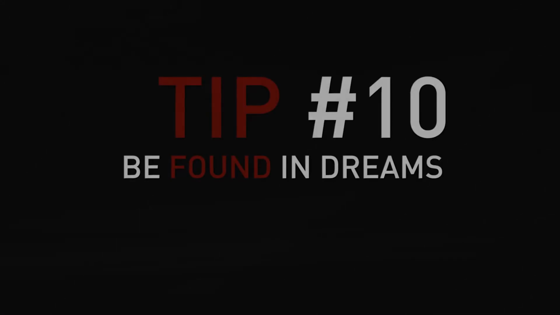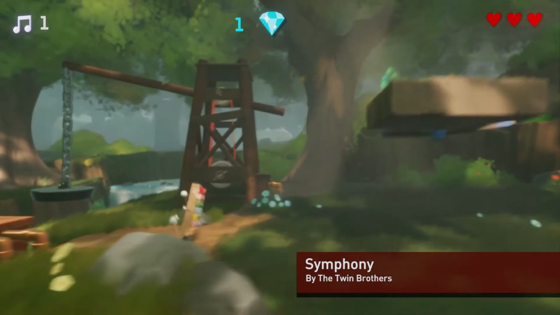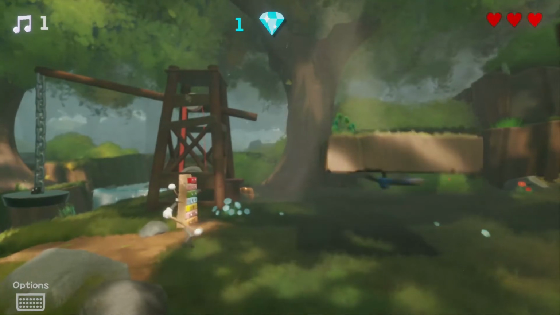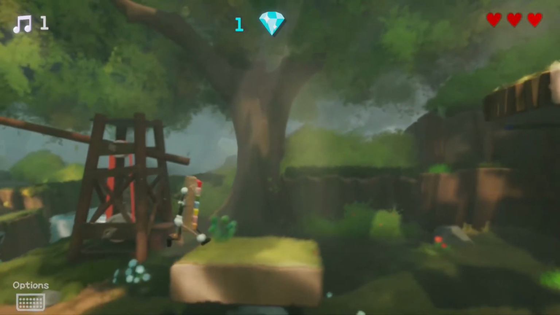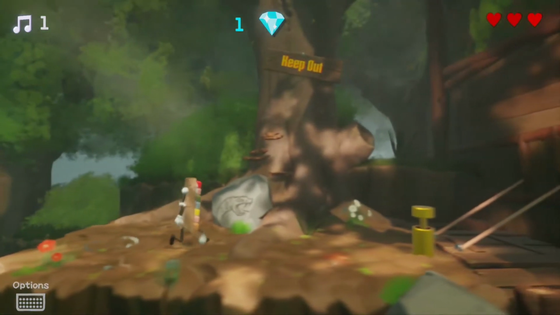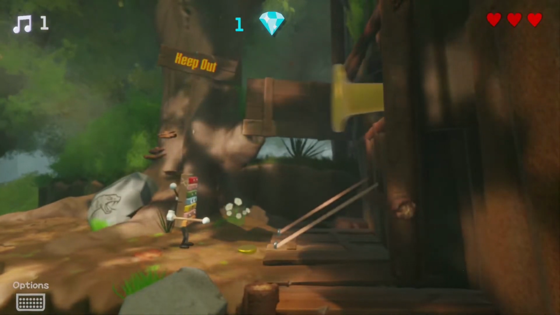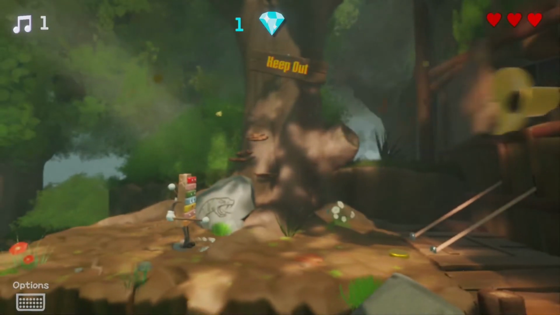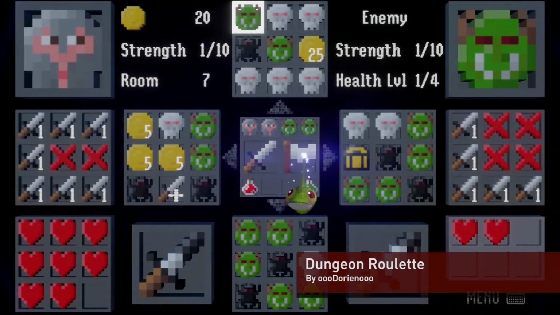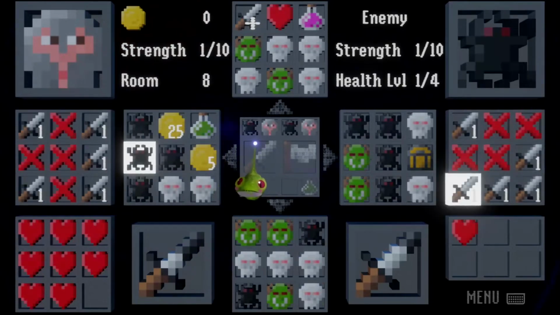We are finally here for tip number 10. Tip number 10 is also a very tiny one. Maybe this is the most important thing as well. I was just going to say this is the most, no, it's not the most important, but it's a very important thing. And that is releasing your dream without a description or any text. I sometimes see people making a creation and they don't even have any description in it. They don't even have any tags in it, or they use tags just to get clicks. Don't do it.